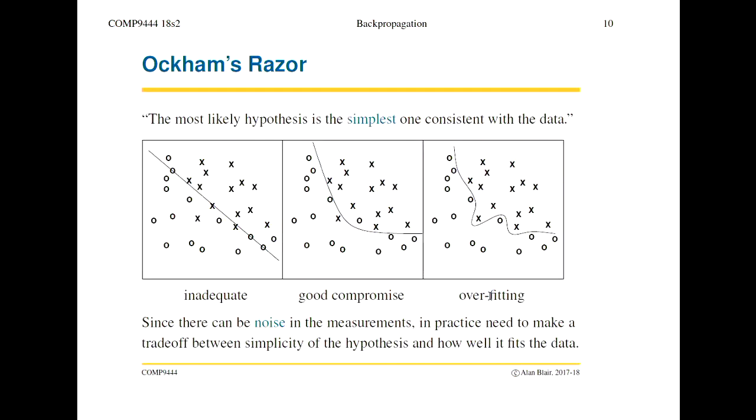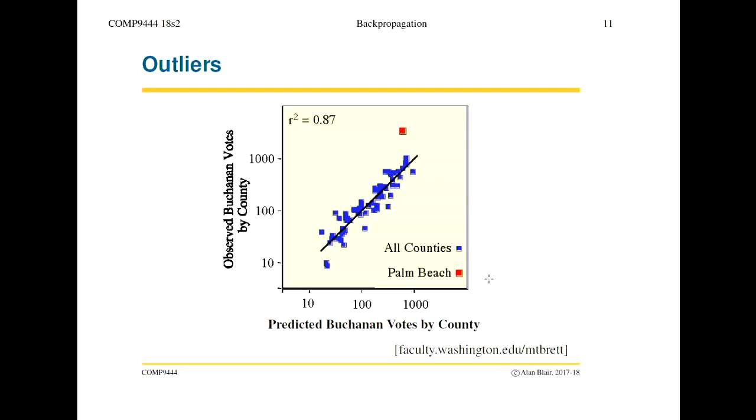Now, just saying a little bit more about outliers. Again, some of you have seen this example before. This is a classic example of an outlier. This is from the 2000 presidential election in the United States. In Florida, this was one of the closest elections in history. Al Gore lost the election by 180 votes, so thereabouts.